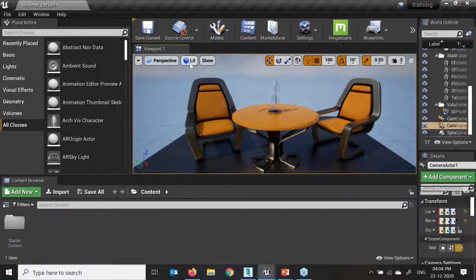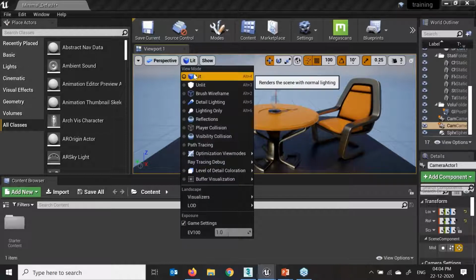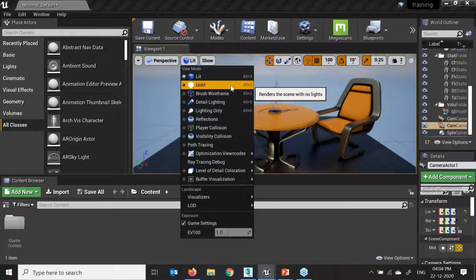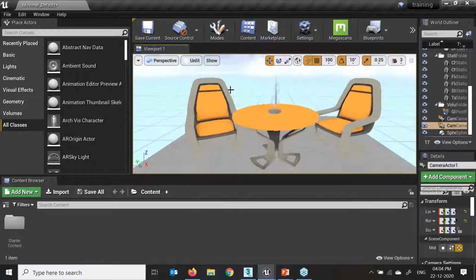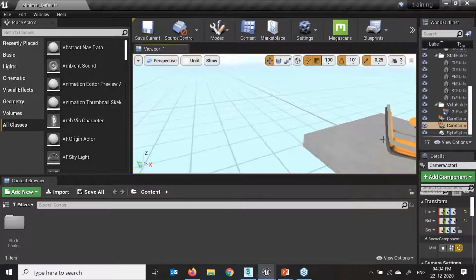Now here are really very important options we have. This is the lit. Lit means what? In my scene, I can see the light, material, texture, reflections, shadow, right? Like what we are doing in the render pass is the same options we have over here. Here I have the options for how my screen and the scene is going to look. If I say unlit, here you can see the light is gone.